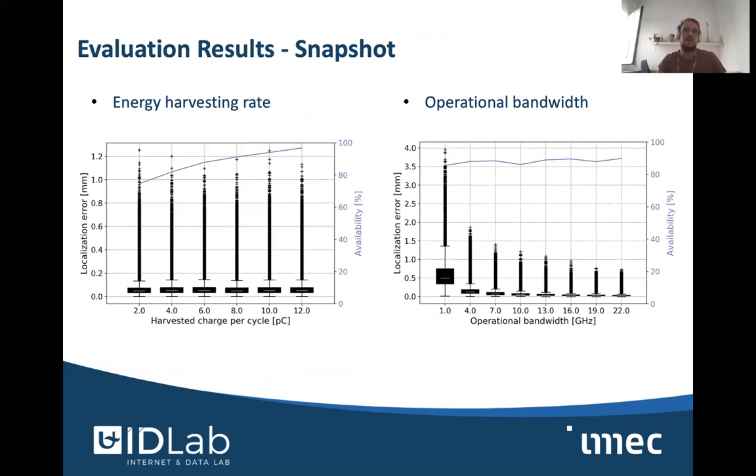In the slide, you can see how, as you increase the energy harvesting rate, what happens with the localization errors on the left-hand side, and what happens with the availability of a localization service on the right-hand side. Localization errors are given in millimeters and availability in percentages. This is kind of intuitive: if you harvest more energy per cycle, you get better availability of your localization service for certain parameters that we believe are realistic in practical applications. And the average localization accuracy for such a system is on the order of 1/10 of a millimeter, which is fairly accurate.